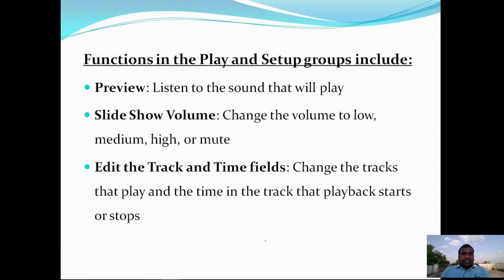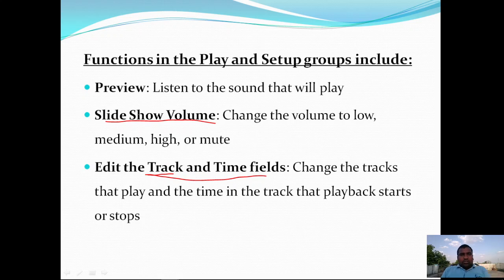The Play and Setup group includes preview, slideshow volume, edit track and time fields. You can edit the track and time fields at any time. After selecting the tracks, you can also input the time, then that particular duration of the track is going to be played.